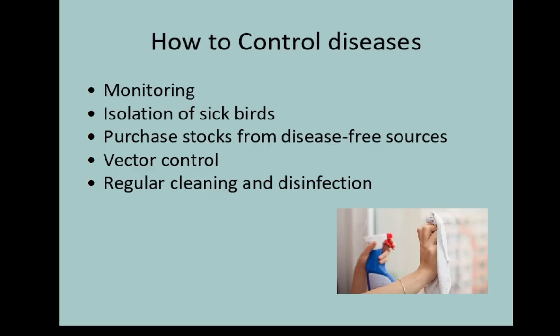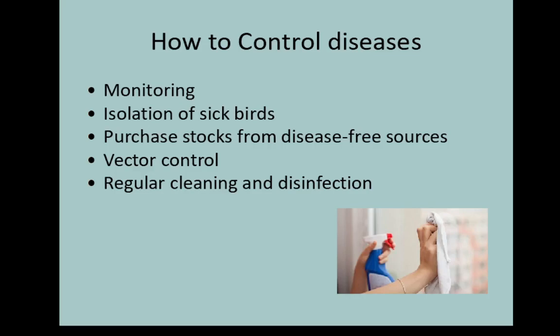Then, of course, isolation of sick birds. When we go through our growing pens, we should check for sick birds or birds that are isolating themselves, and we should bring them forward to an isolation pen